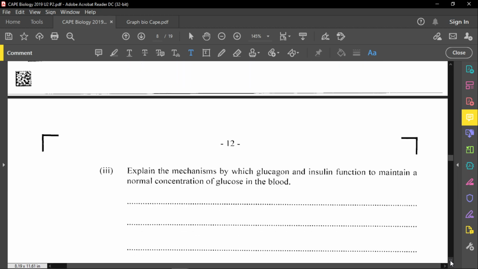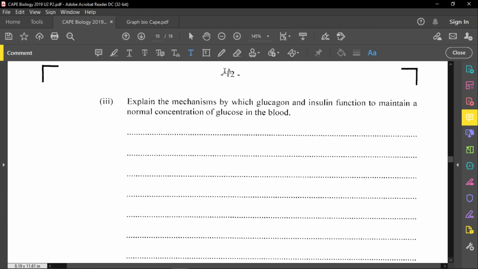Now that's the chart there. So the question is: explain the mechanism by which glucagon and insulin function to maintain normal concentration of glucose in the blood. Now, the first thing I want to tell you about